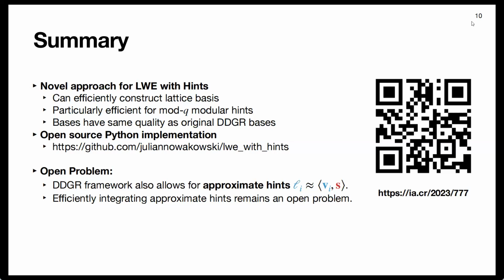Yeah, right. If you have all types of hints, like perfect hints and modular, then you can first do our stuff for the perfect and modular hints, and then afterwards do the approximate ones. And that will probably be more efficient because we decrease the dimension, and then this could maybe be the original implementation. Cool, thanks.